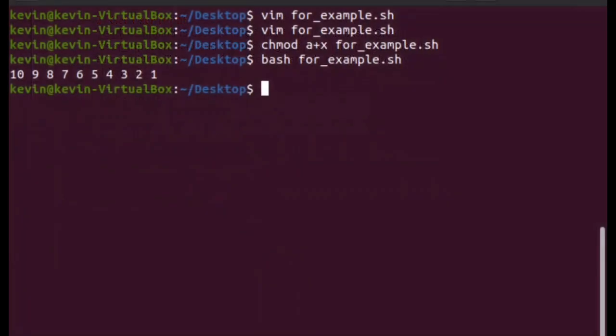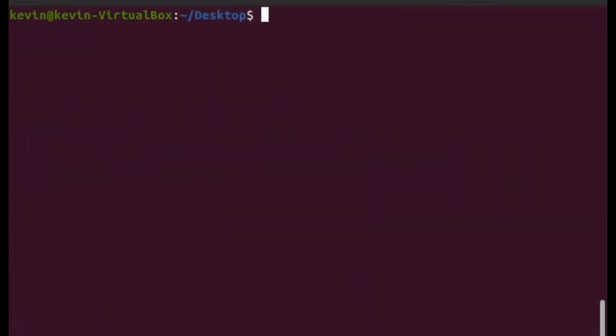Head on over to our VirtualBox. I'm going to clear my screen. We're going to use the text editor Vim, and we're going to name it user_input.sh. Hit insert mode. I'm going to put my hashbang at the beginning, just as we always do when we're writing a script. I'm going to put echo, which is going to display the following output to the screen,